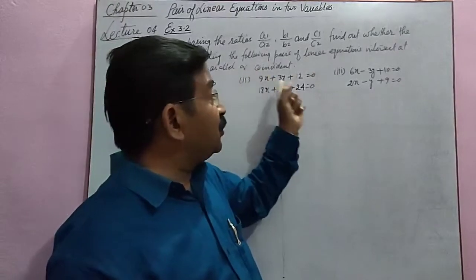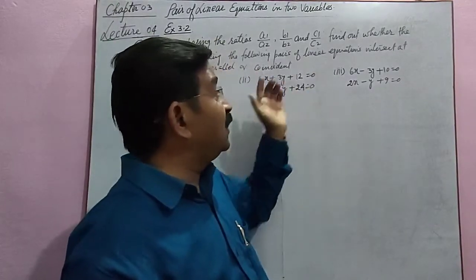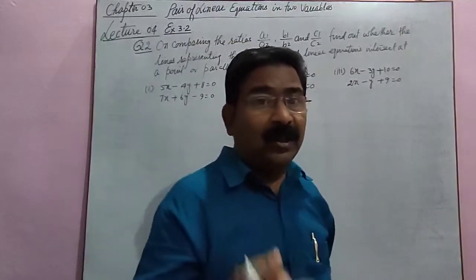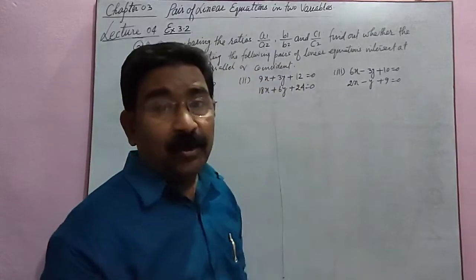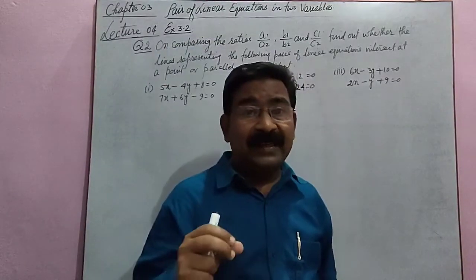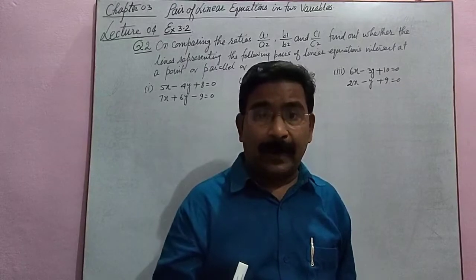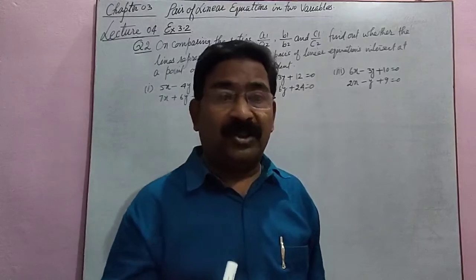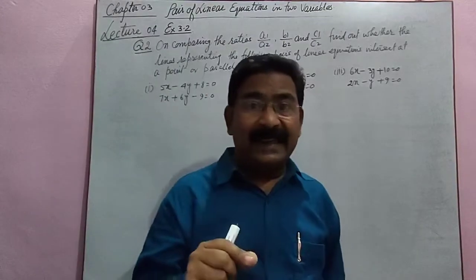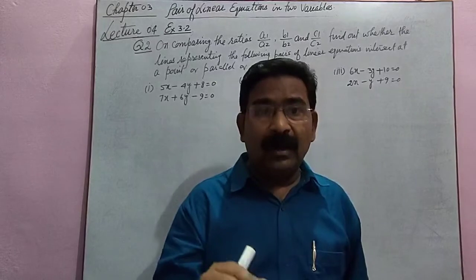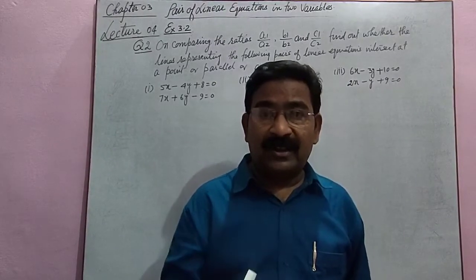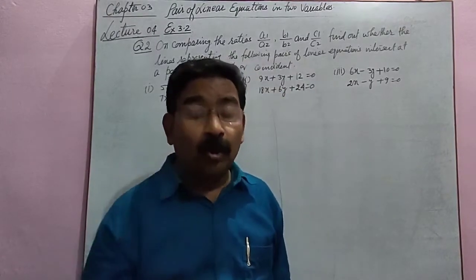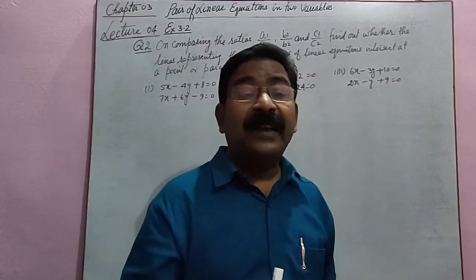In the given equations you have to answer whether the lines are intersecting or parallel or coincident. In the next question you will get the same kind of question and you have to answer whether the lines are consistent or inconsistent. Consistent means you are getting the solution of the equation, whether many solutions or a unique solution. If you are not getting a solution, meaning the lines are parallel, for no solution it is said to be inconsistent.